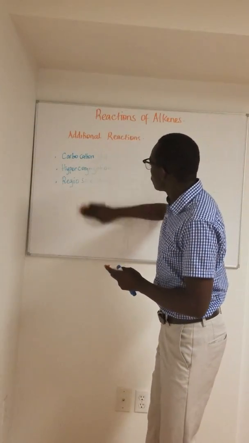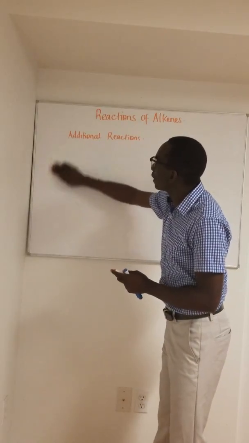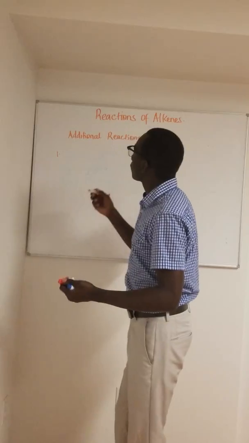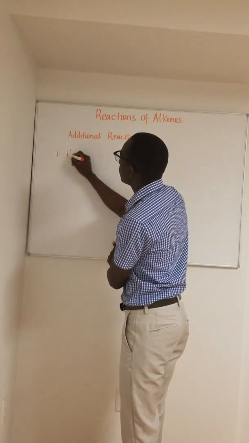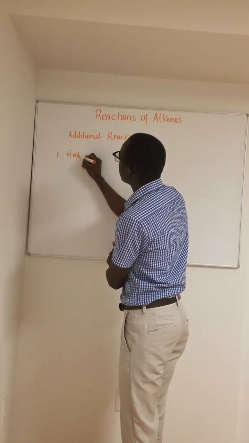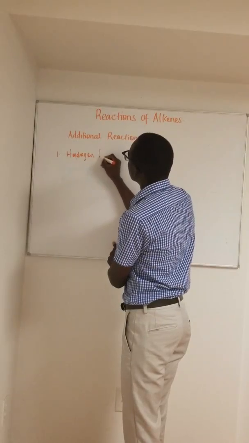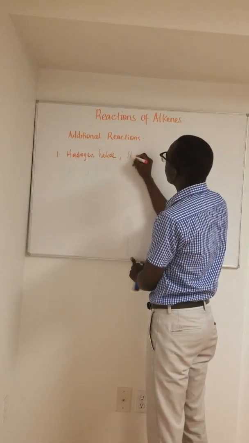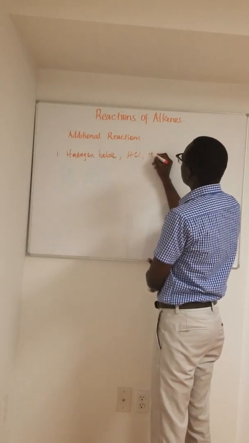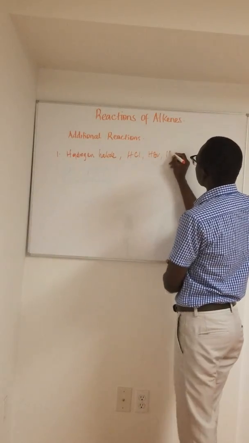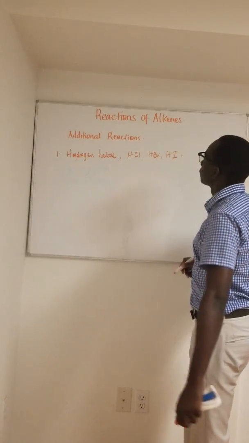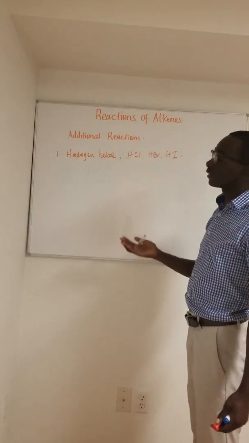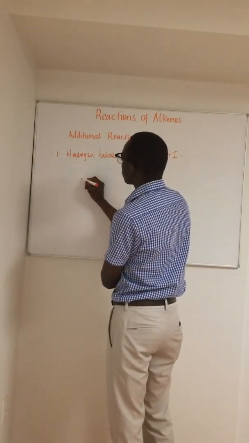So now, to jump into the mechanism of addition reactions. The first reaction of alkenes can be reaction with a hydrogen halide. Examples of hydrogen halides are HCl, HBr, and HI. These are the hydrogen halides that react with an alkene. So for the general reaction,